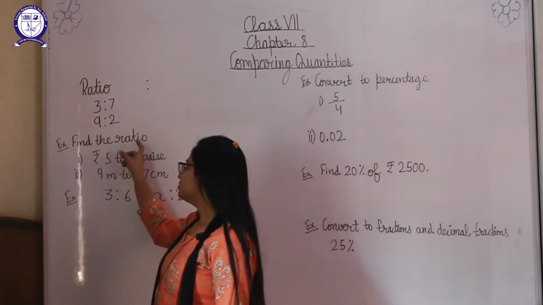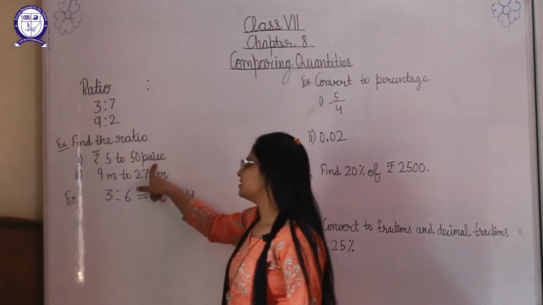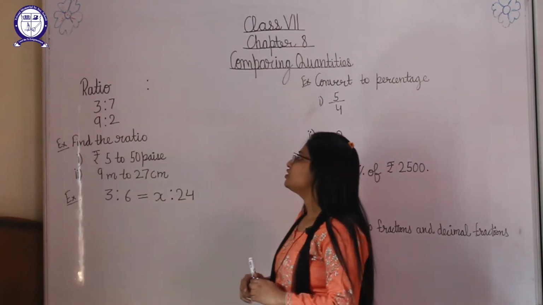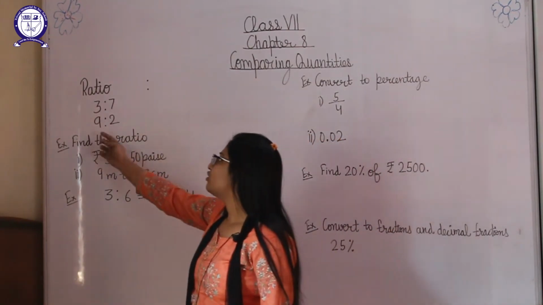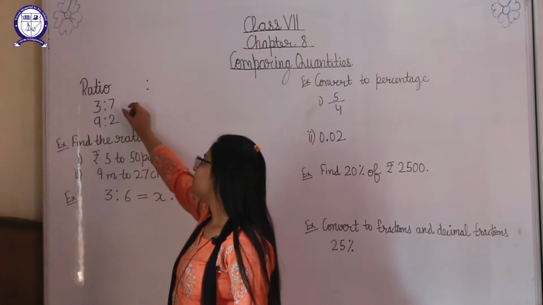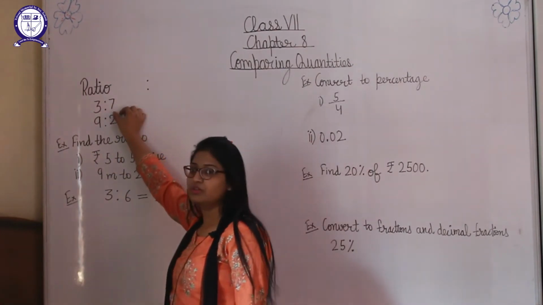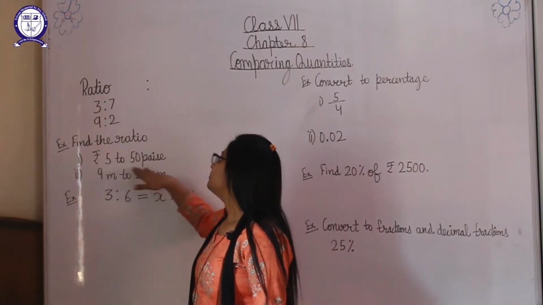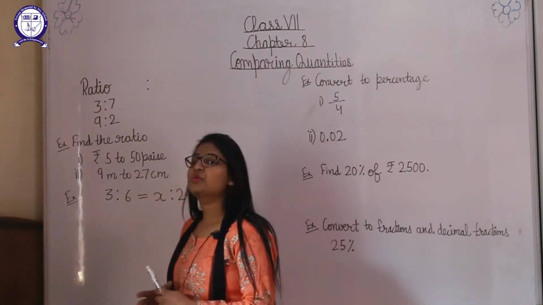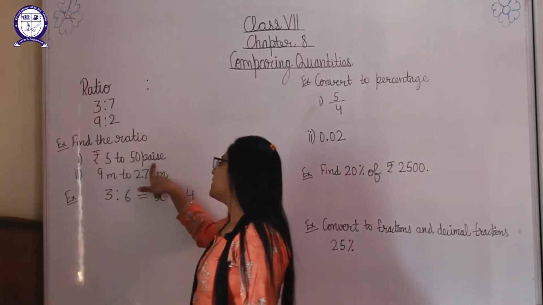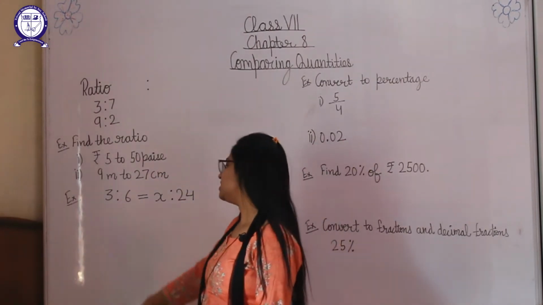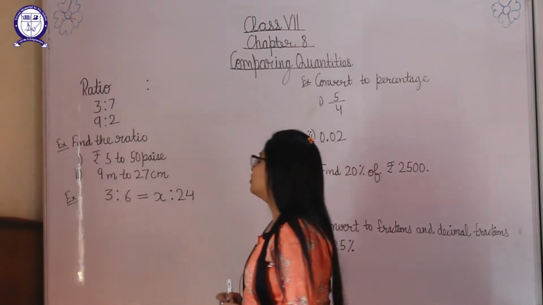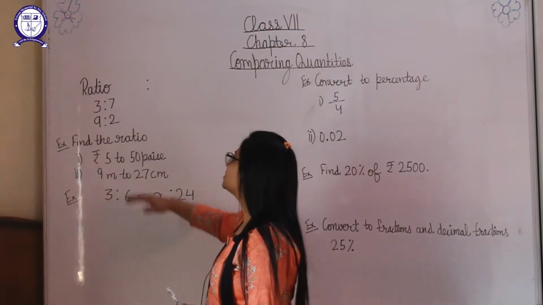Now find the ratio. The question is given rupees 5 to 50 paise, means we need to find the ratio of 5 rupees to 50 paise. So students, ratio means we compare what part of one thing is the first number and what part of that same thing is the other number. For the same thing we need the same quantity, but here it is in rupees and it is in paise. So we will change rupees also into paise so that we can find out the ratio.